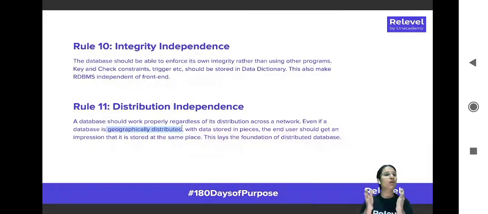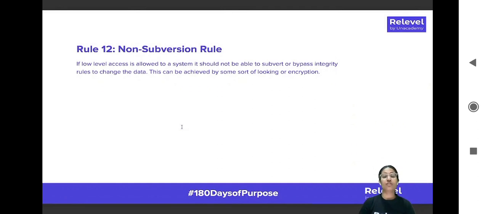There is one known as a centrally located database, where the entire database is stored at one place. Usually those databases are small as well, but many times the database is very big, very huge, and the use case for databases is all over the world. So you try to make it geographically distributed. You try to keep secondary databases, you try to keep backups, you try to keep it distributed. Again, because it's a requirement, but to the user it should not look like any kind of distribution is happening. And the last rule over here, which is rule number 13 but known as rule number 12, is